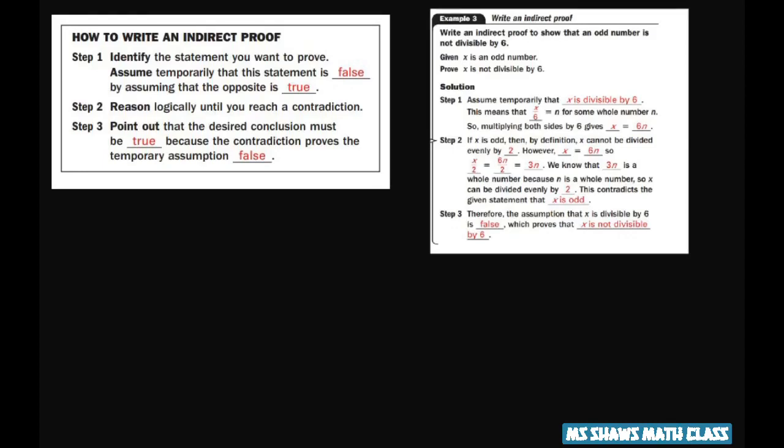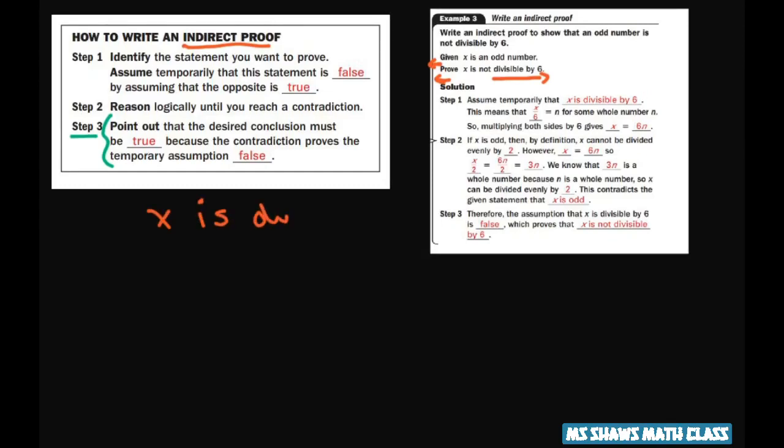Then reason logically until you reach a contradiction. And then step 3, point out the desired conclusion must be true, because the contradiction proves the temporary assumption false. And here's your example. So we're given that x is an odd number and prove that x is not divisible by 6. So what we want to do is write an indirect proof by assuming that x is divisible by